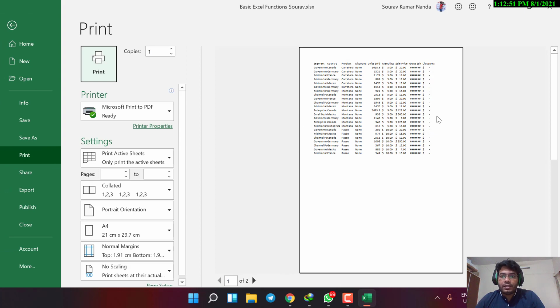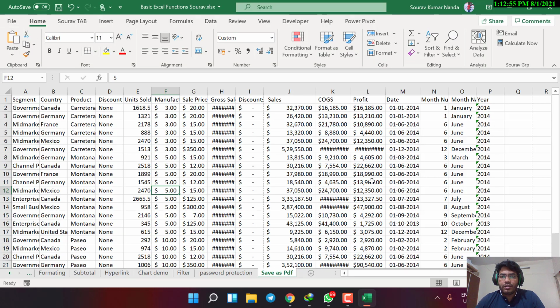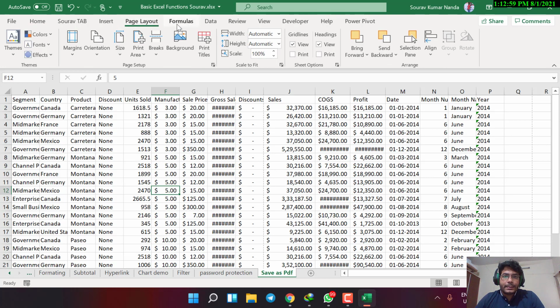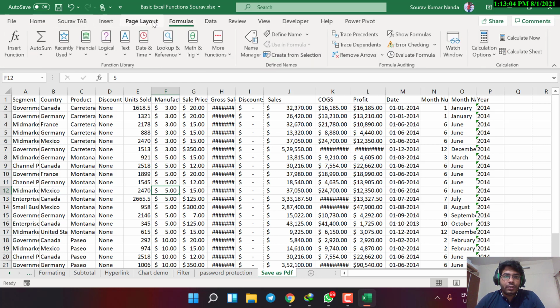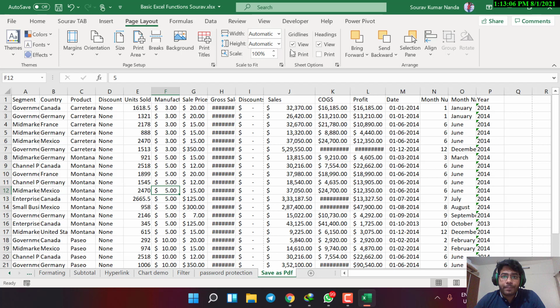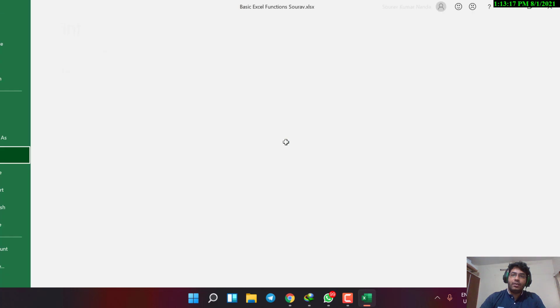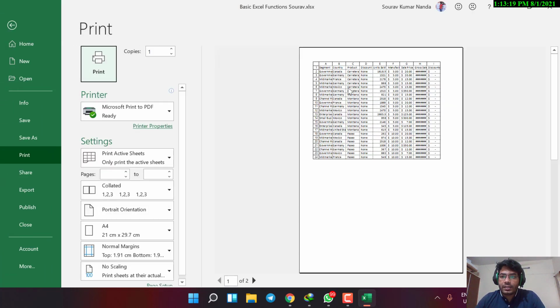Now you can see everything is here, but let's say you want grid lines, maybe because you like them. For that, we'll go to Page Layout, and grid lines print, as I've already said at the start. You also need the headings, because you need these A, B, C, D letters as well. Now we'll use Control P. See, you can see everything, and you can see the grid lines also.